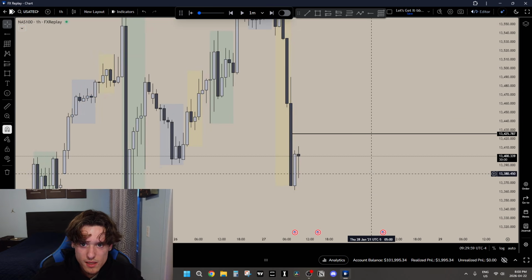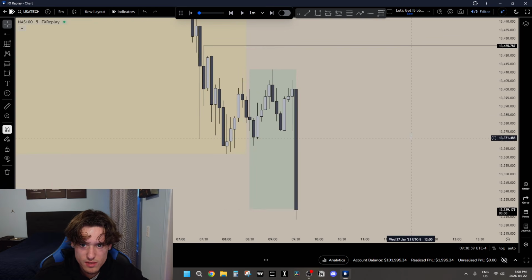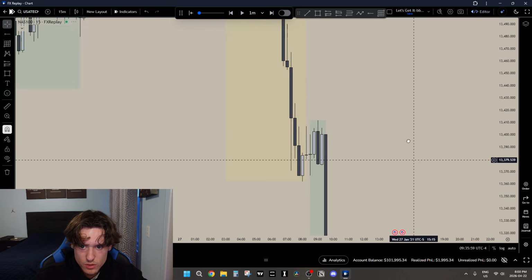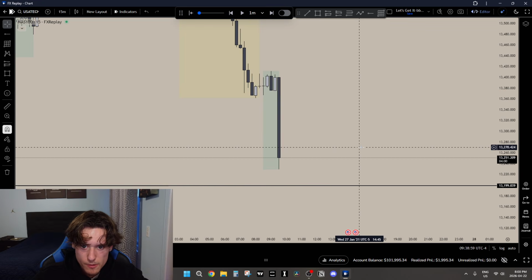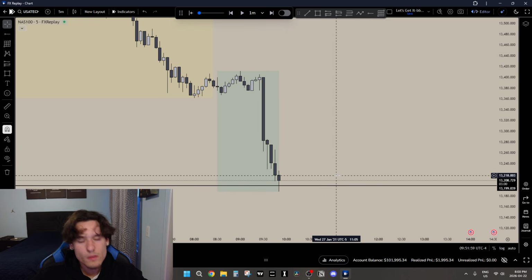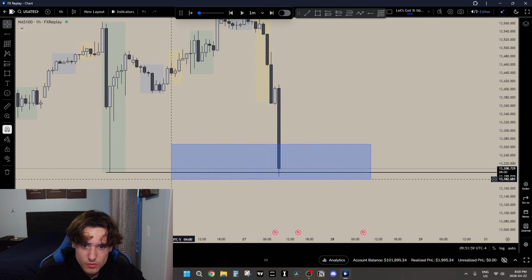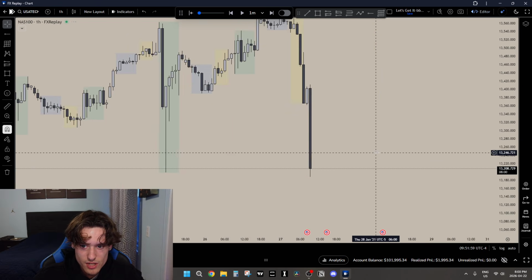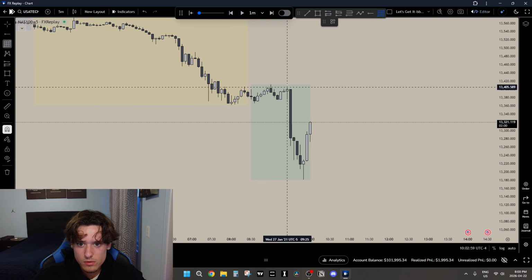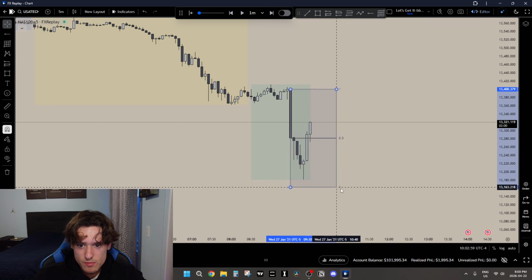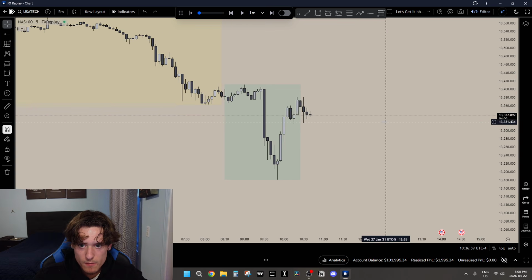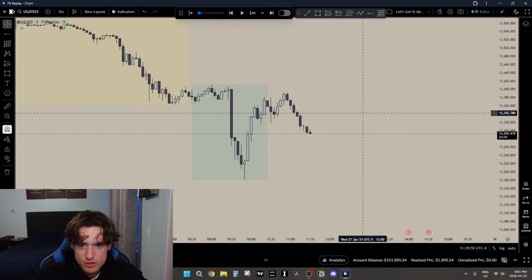Okay, I wouldn't mind having a little push higher, tapping inside this gap, and then a continuation lower. Will I take something like that? Probably not, just because of probability wise. Okay, we're not gonna even get that though. So we're literally just gonna push lower. Bro, don't. We take out the draw on liquidity right away, bro. He didn't even give me the chance to take an entry here. So that's literally draw on liquidity. I have no other reason to see price want to go lower. I'm really just gonna chop.